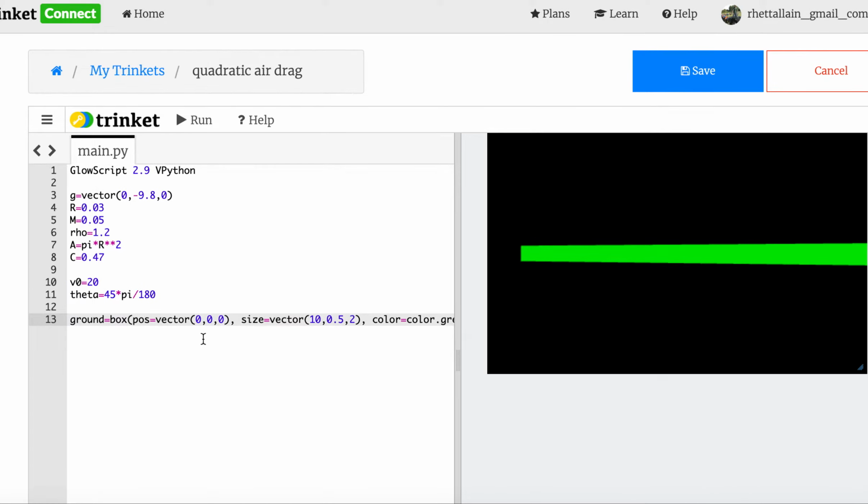Now I need to make my ball. So let's say ball is an object sphere. I need a position. I'm going to start it at, if I started at the other end of the thing, it's 10 meters wide, so that'd be -5. So let's just do -4.5. So the position is going to be vector